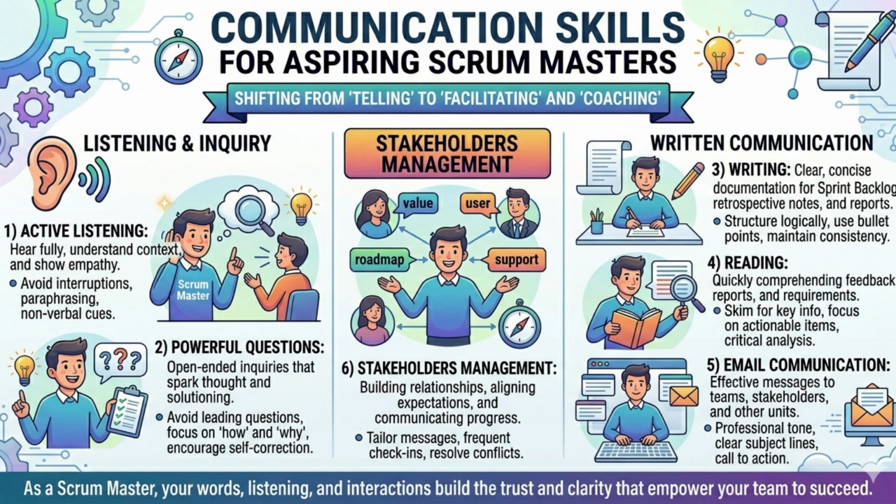Improve communication. Your communication needs to be very precise. Work on it. Read more, listen more, talk to different people. Communication is not just about speaking good English. You should be able to communicate, collaborate, and understand what people are saying. Another thing is you should be able to read and write good emails. These are a few communication skills you need to improve to become a Scrum Master.